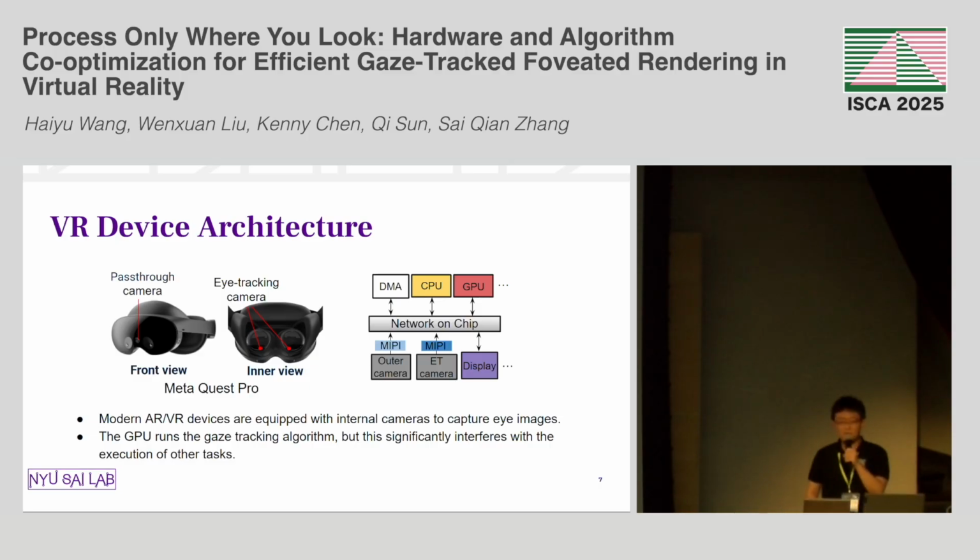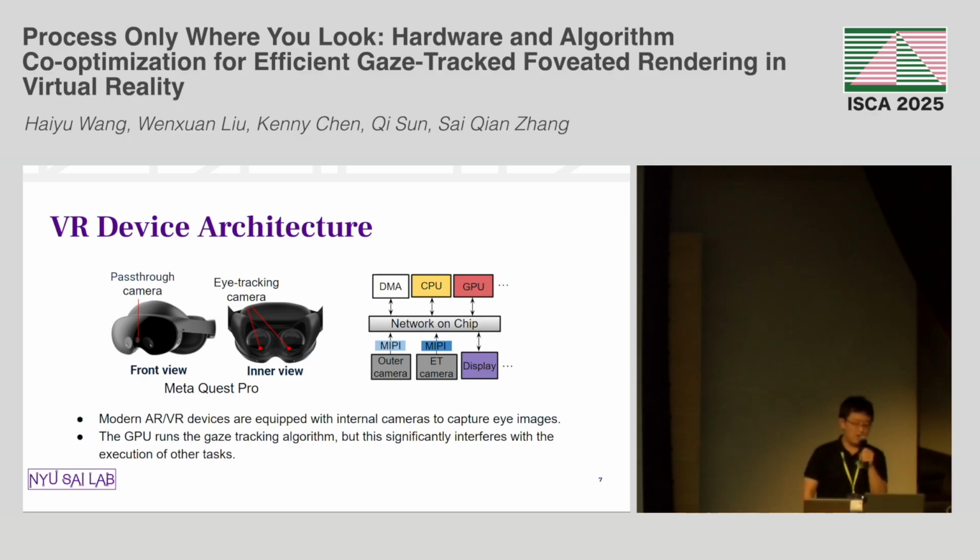So it seems we have to detect human gaze behavior in real time: where the human is looking, and whether a saccade happens. Is this possible in a VR device? Definitely. A VR device has a lot of different sensors. For example, it has a set of outward-facing sensors that capture the images in front of you and display them in front